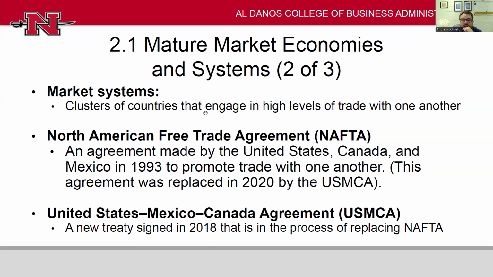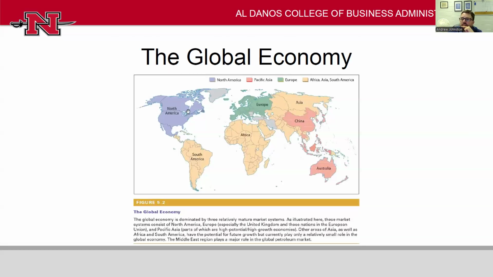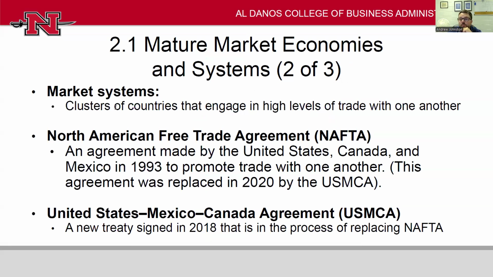Market systems are areas that engage in trade with one another. So you get what are kind of these treaty blocs, parts of the world that have agreed to trade with each other on a favorable basis. Some notable market blocs are, of course, the NAFTA bloc, or now the USMCA bloc. Canada, USA, Mexico have favorable trade and treaty agreements related to promoting lower tariffs and more exchange of goods between those three countries. NAFTA was replaced by USMCA in 2020.